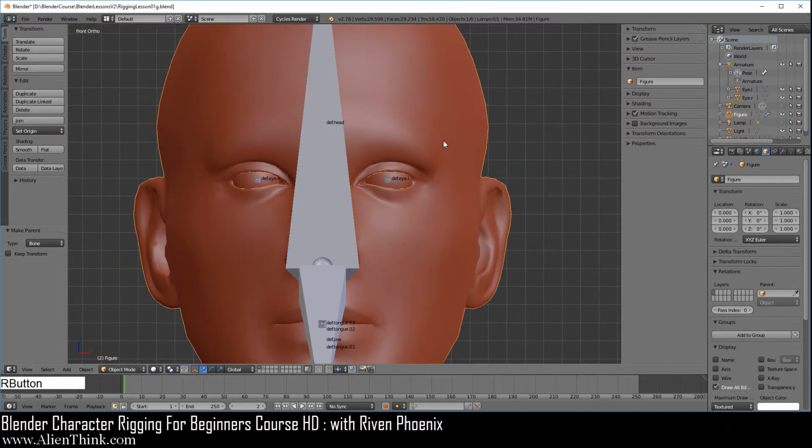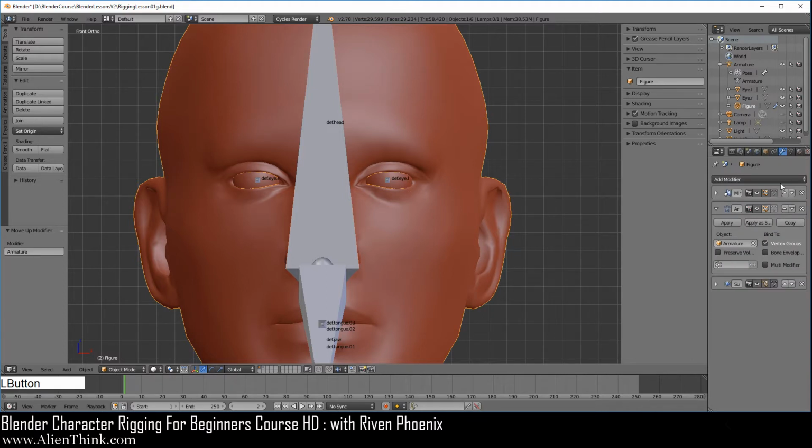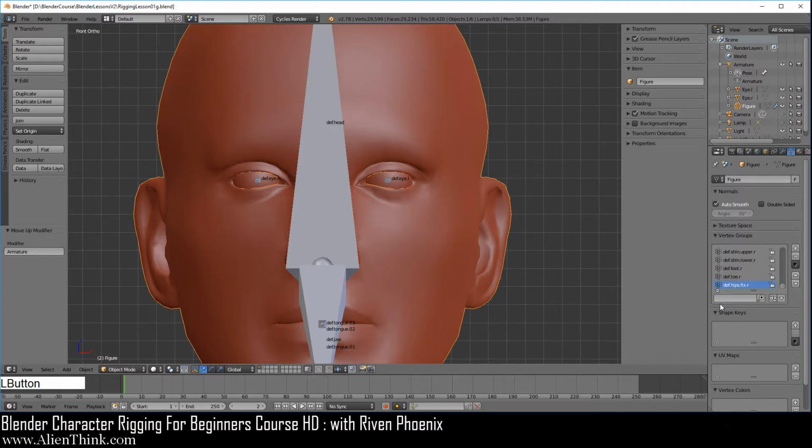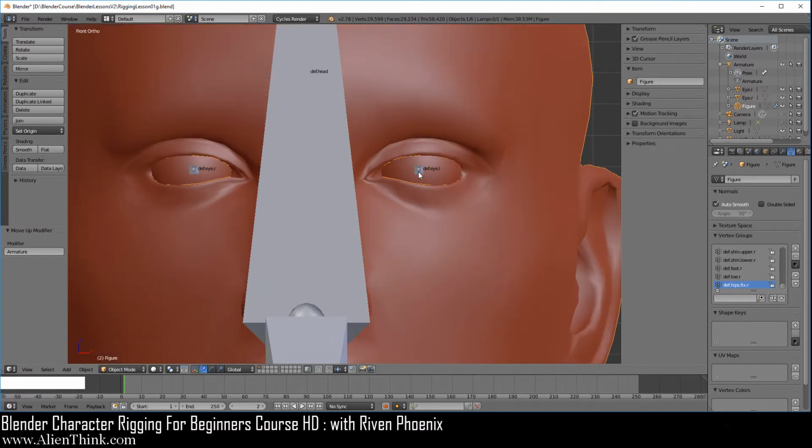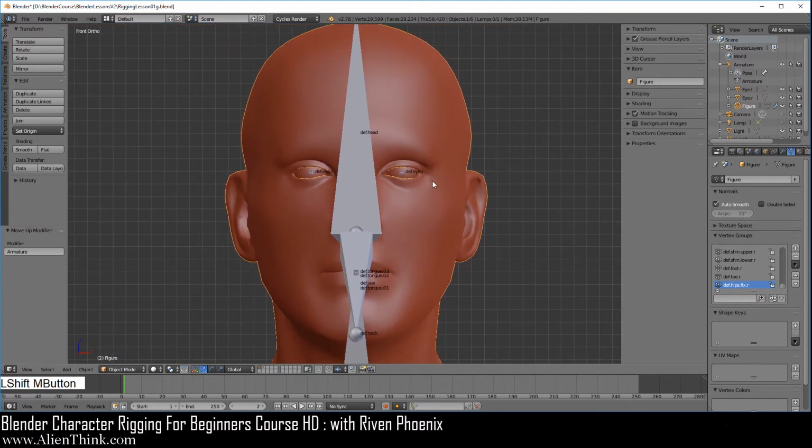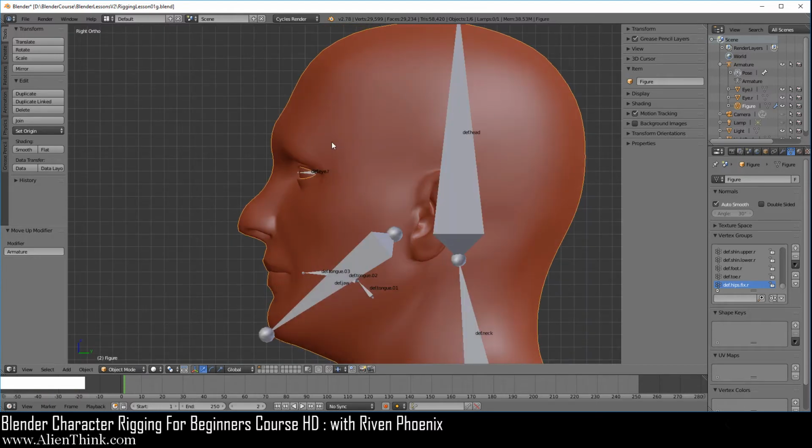Now click on this figure. Now when we click on the figure and drag it onto the armature and then do with automatic weights, go to the modifiers tab and bring this up, go to the data tab and open this up and type in eye, you'll see that there are no vertex groups. This is because in this case, the eyes are not going to be deforming in any way, they're simply just separate objects that will follow the eye bone. So that's how that works.